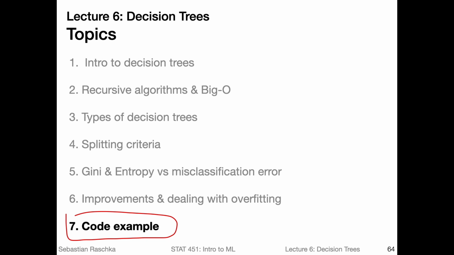and also to practice implementing algorithms, because that's a very useful skill in practice. If you, for example, do research later and you want to develop your own algorithms, it's very useful if you can also implement it in code, because in machine learning there are theoretical machine learning papers, but often in addition, if you have a theoretical paper, people want to see that it works well in real world scenarios on real data or benchmark data. So you will eventually have to implement your algorithm and then test it on some data sets.